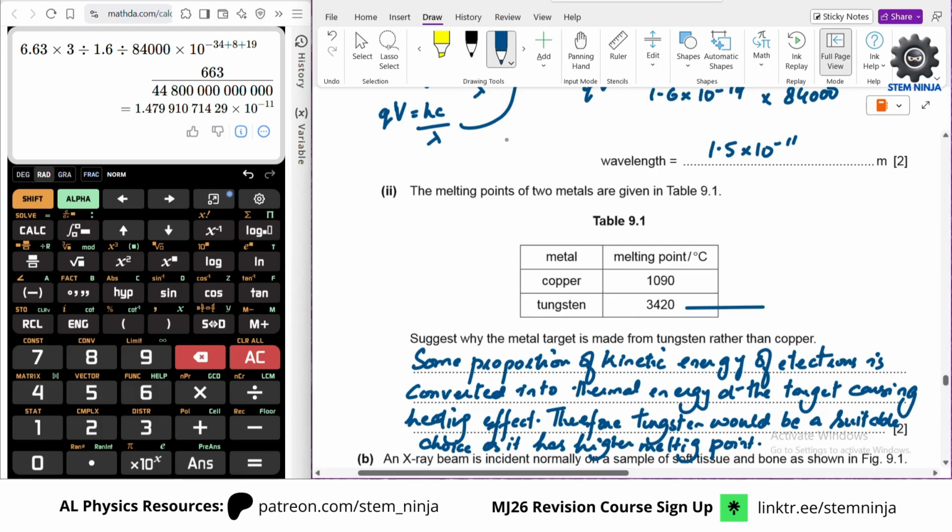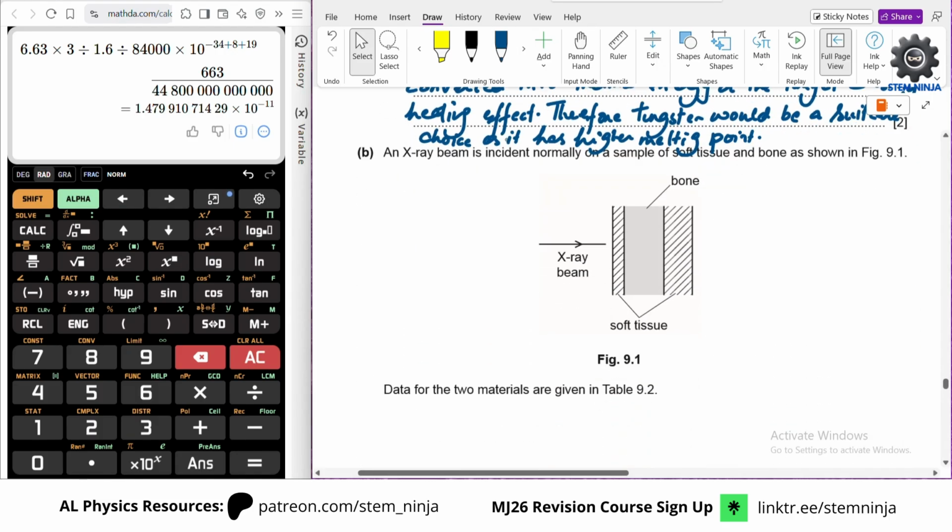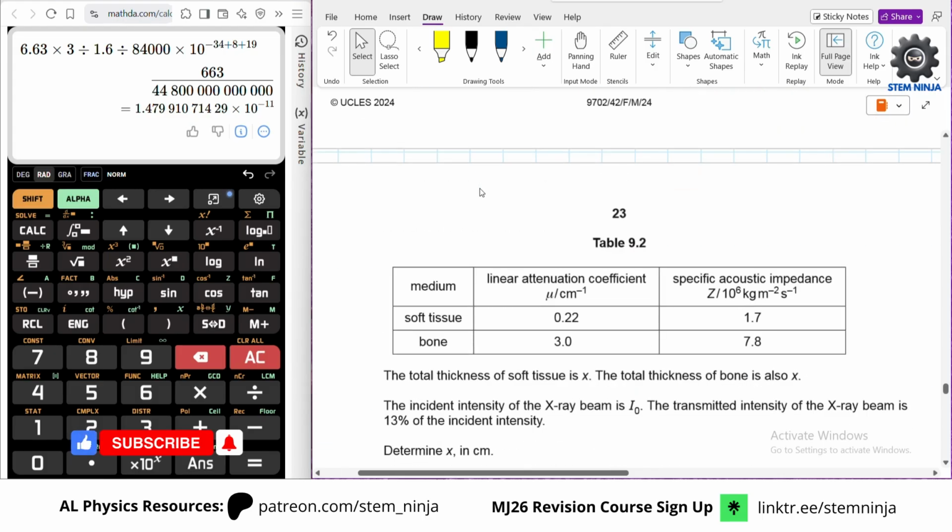An X-ray beam is incident normally on a sample of soft tissue and bone. Data for two materials is given. Soft tissue, linear attenuation coefficient, specific acoustic. Total thickness of the soft tissue is X. Total thickness of the bone is also X. Incident intensity of X-ray beam is I naught. Transmitted intensity of X-ray beam is 13% of incident intensity. So determine X